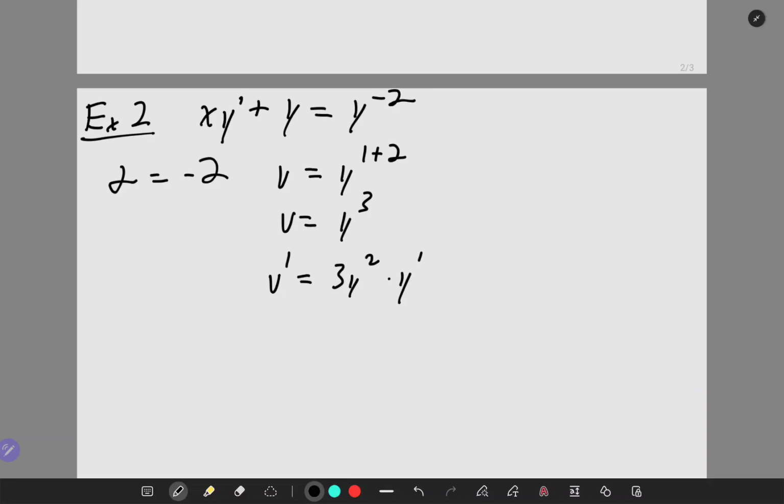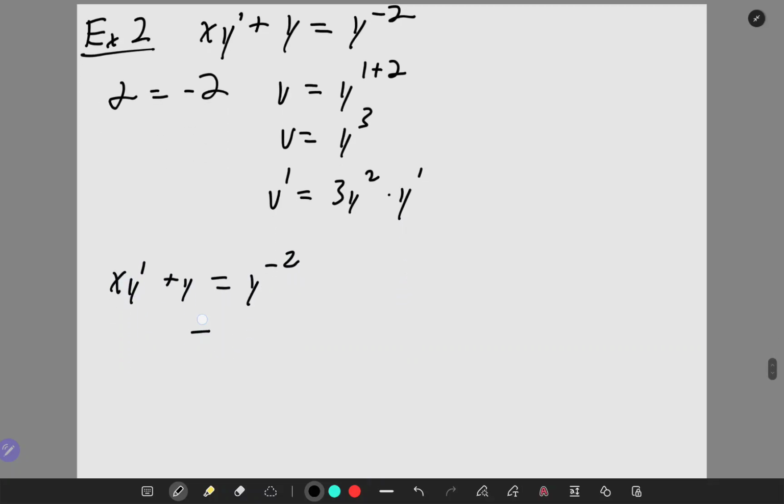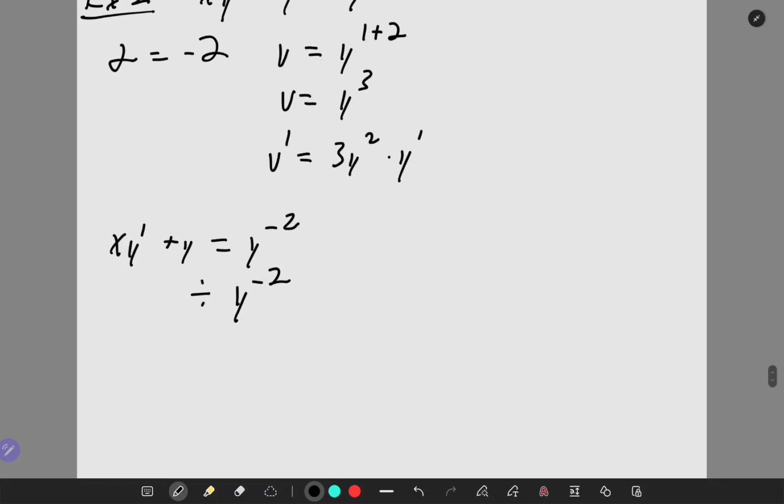So now, let's go back to our equation here. We're going to divide both sides by y to the negative 2, right? So we have xy prime plus y is equal to y to the negative 2. We're going to divide it by that so we can get our equation in terms of v. So we're going to be left with